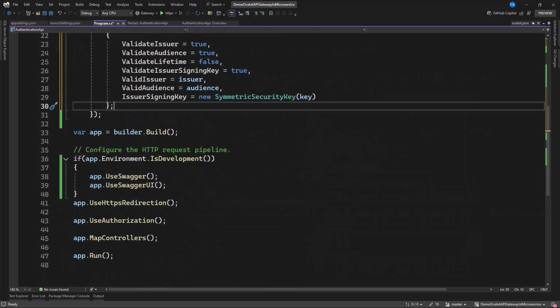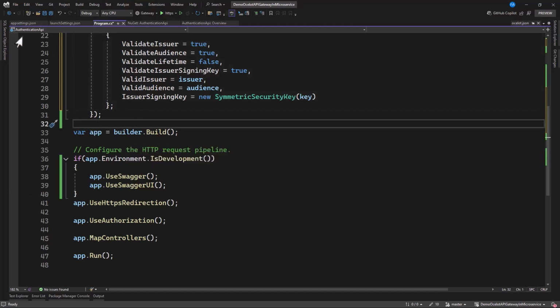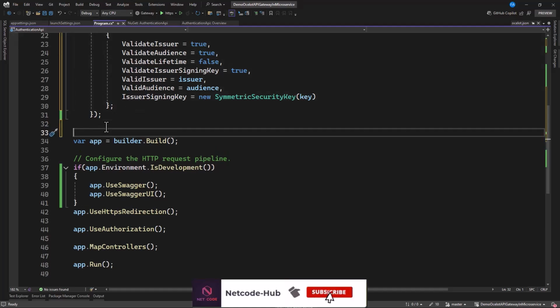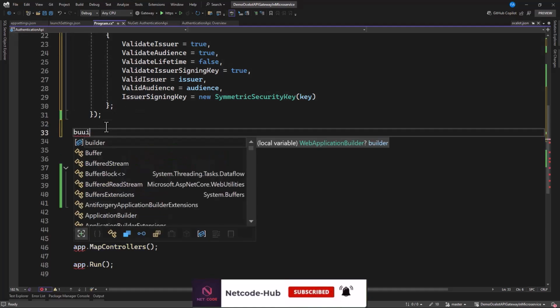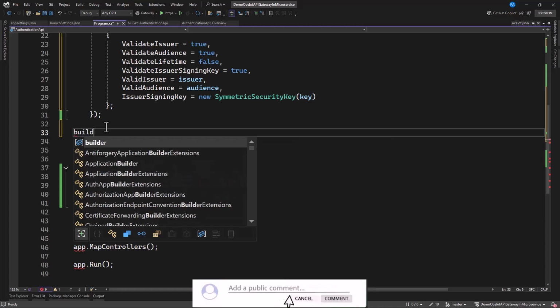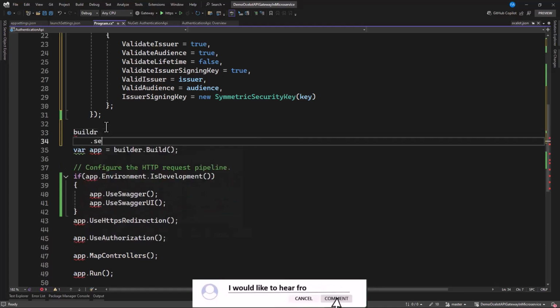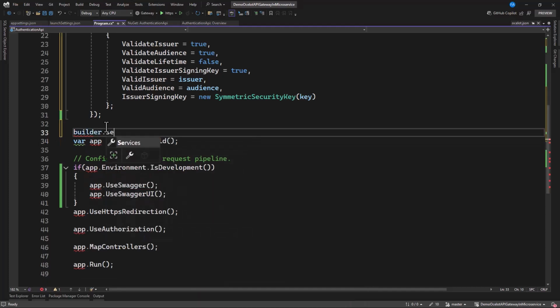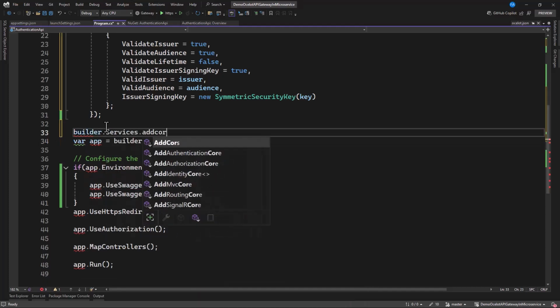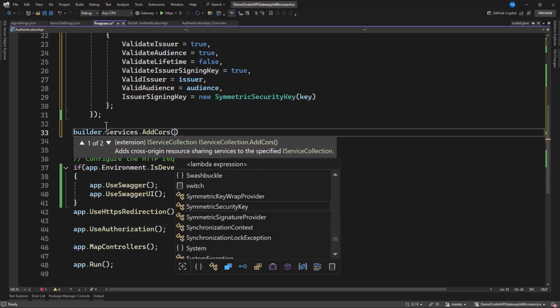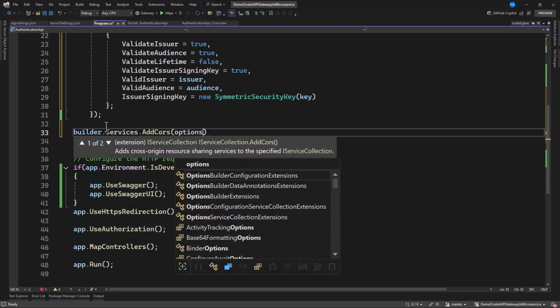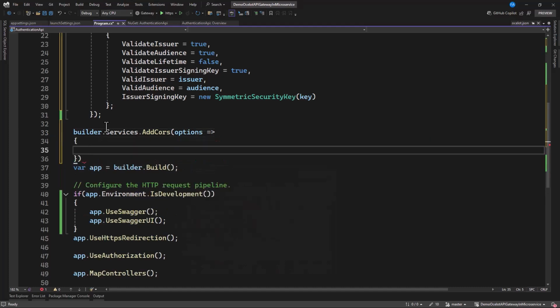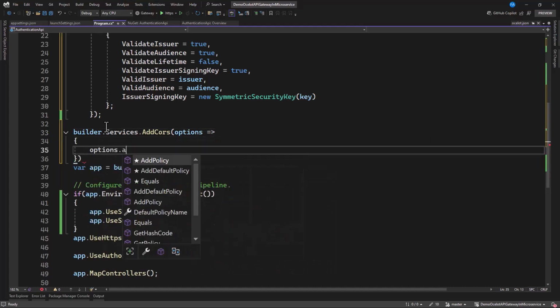Now we need to add CORS, because we're going to make an endpoint call to this. So we need to activate CORS. Let's do it straight: builder.Services.AddCors. Then with this, we can specify an option, options.AddDefaultPolicy.